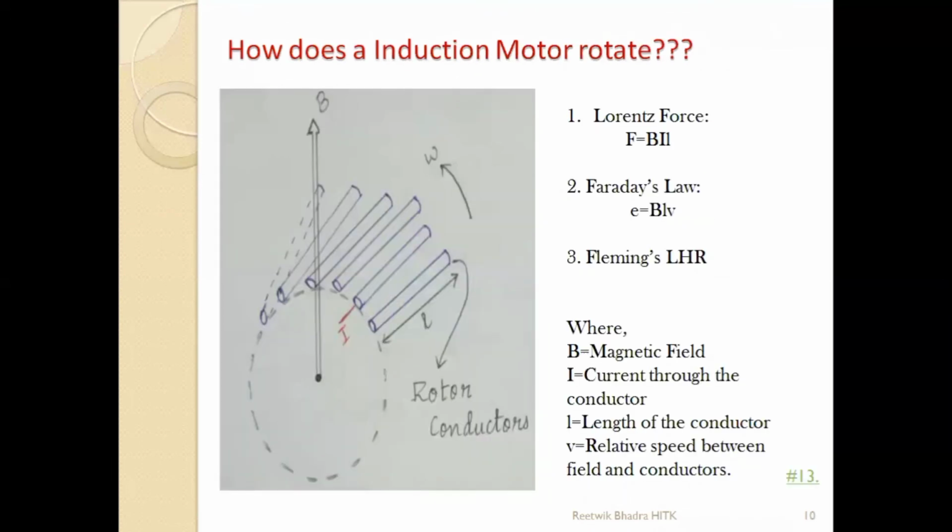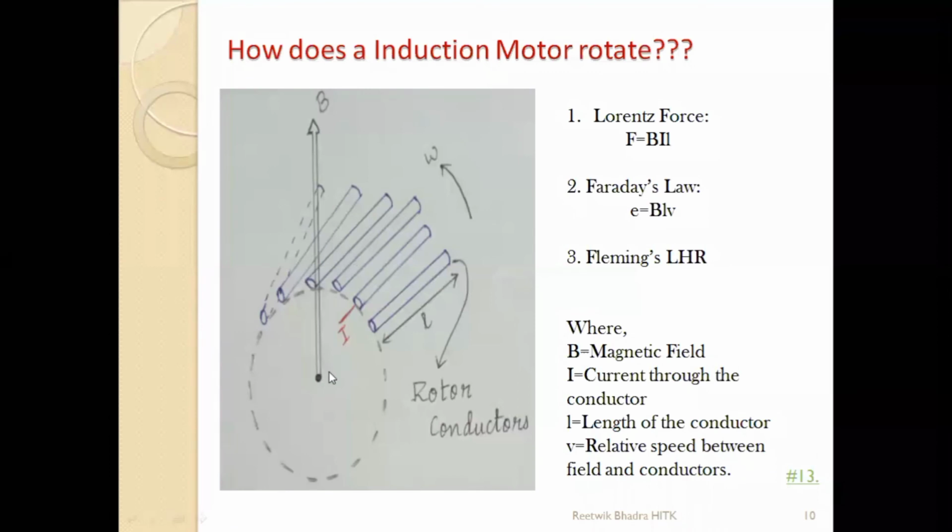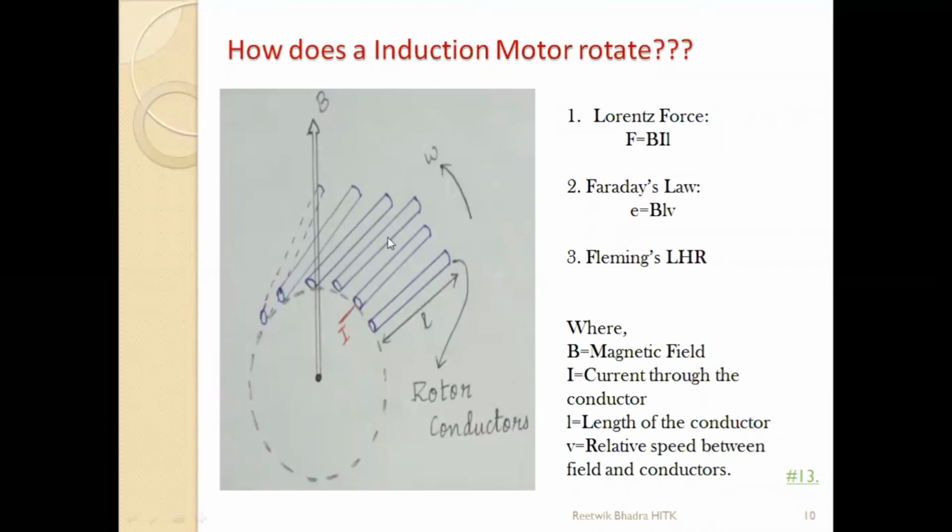Actually this B is rotating. This conductor tries to catch up with this speed. If I say 1500 rpm, according to Lenz's law, this will try to pick up with this speed. But if theoretically this speed becomes equal, then there will be no relative velocity, hence there will be no EMF, there will be no current. So there will be no force on this conductor and the conductor will come to a stop. Okay, there should be a relative speed for EMF to be generated according to Faraday's law. Otherwise, there will not be.